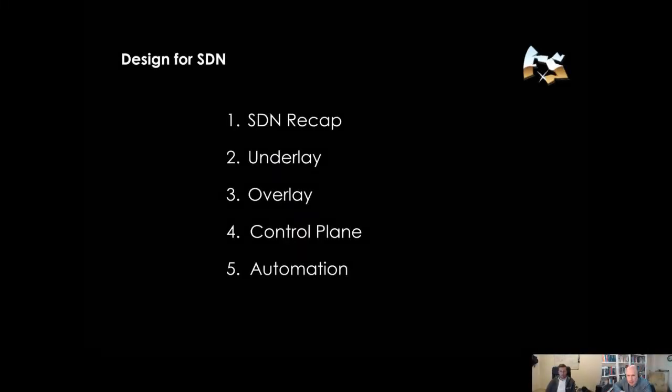Hi, and welcome back to part 2 of this is Freestyle 110, where we're talking about the design elements of SDN. If you've watched the previous video, you'll have seen we did a fairly detailed recap on what SDN is and how it's constructed and what the elements are. Shan't go into any of those, but you can see the elements in front of you here because we're going to cover these fairly quickly: the elements of underlay, overlay, control plane, and automation that we need to make a successful SDN